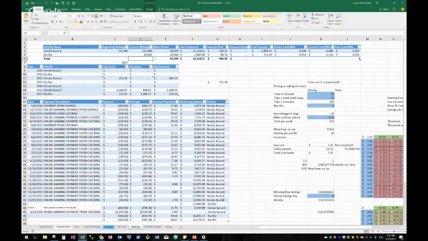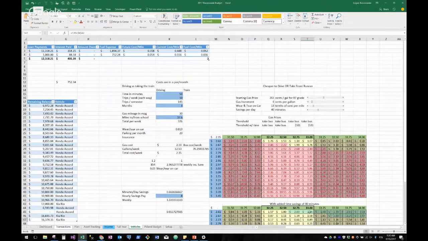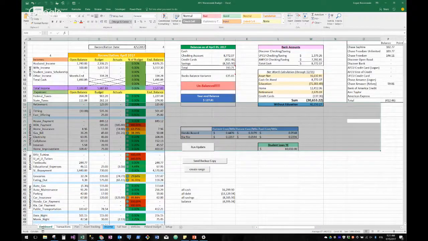I was looking at an analysis here to check when it's cheaper to ride the bus or not. You can take these little sliders, and if you start to adjust the gas prices, it'll start adjusting this, because I'm trying to find the optimum time to be taking the train rather than driving to school. So it gets a little crazy, but what I'm really most proud of right now is this